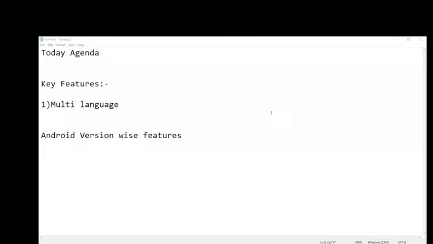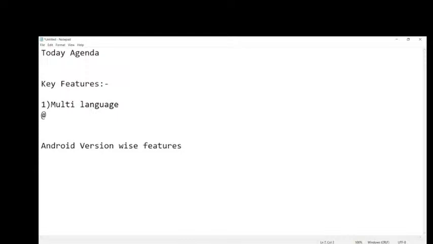You can chat and send messages in Telugu, Hindi, English, or some other languages. Like that, your mobile can support multi-language. Even when we are building our own application, if I want to go with multi-languages, you can do that. So that is the first one I want to cover here.